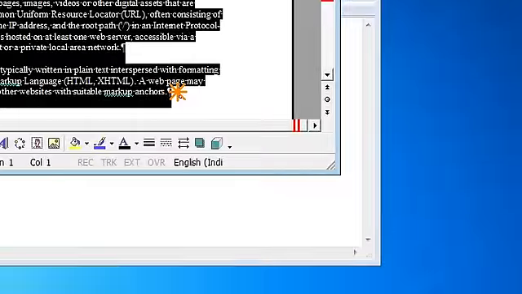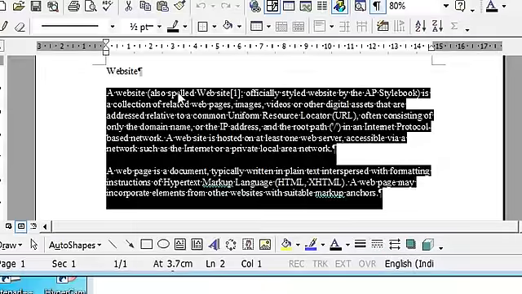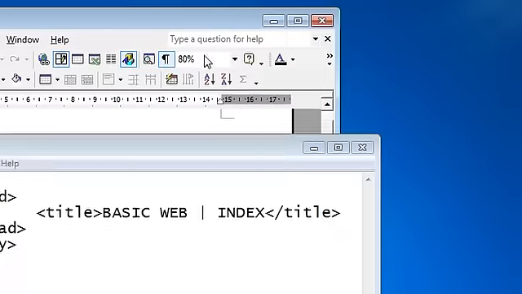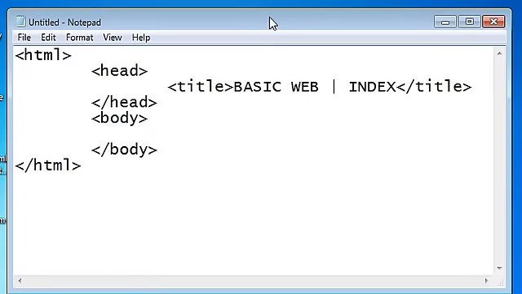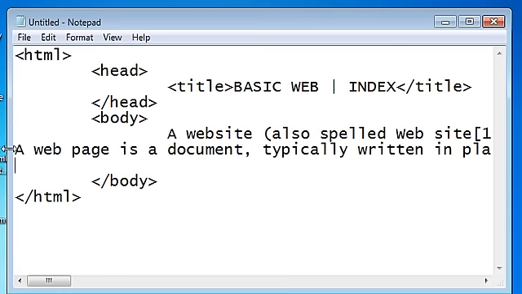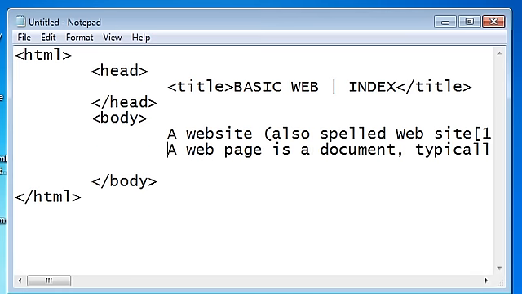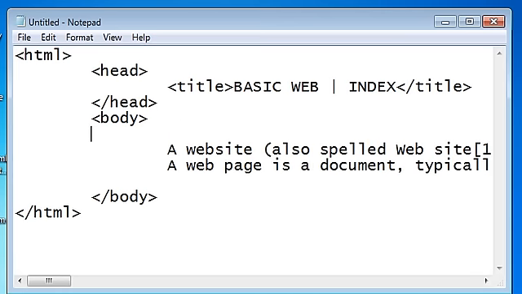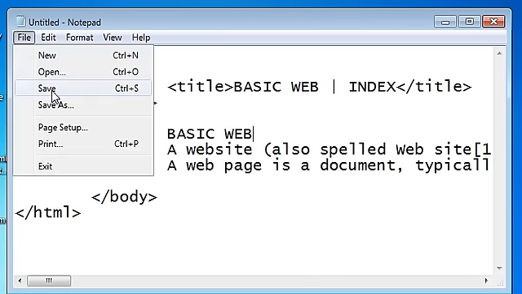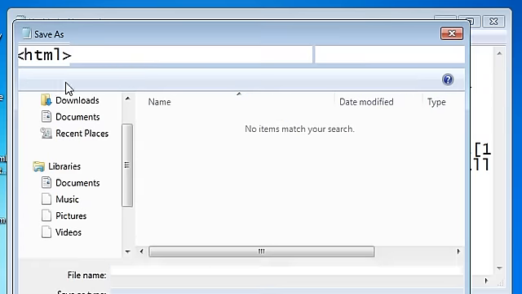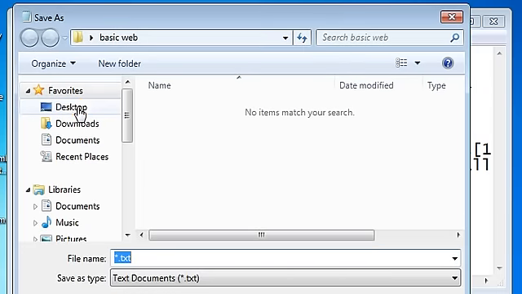I'm going to copy all these paragraphs and paste both of them right between the body tag. You can also add a heading to a web page. I'm going to give the heading as basic web in capital. Now we need to save this file, save as, and here on the desktop